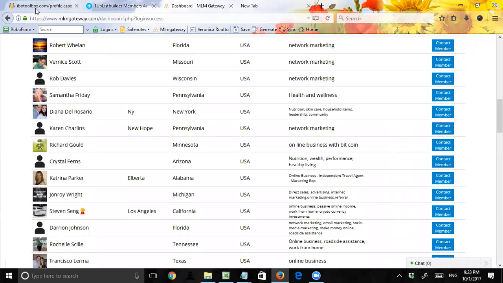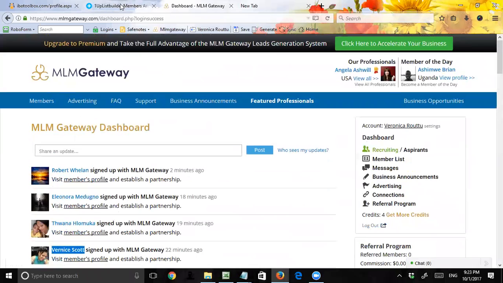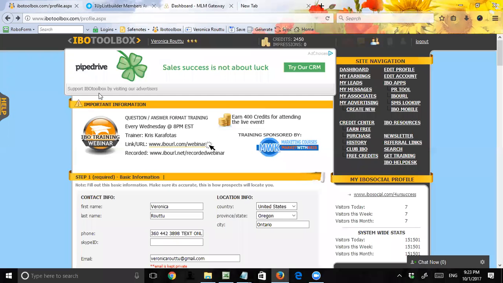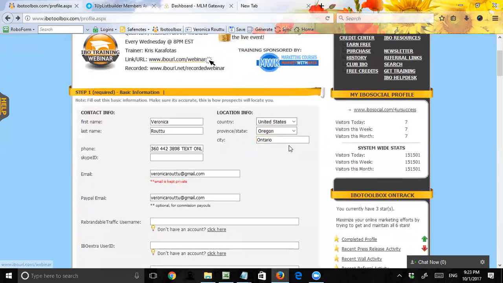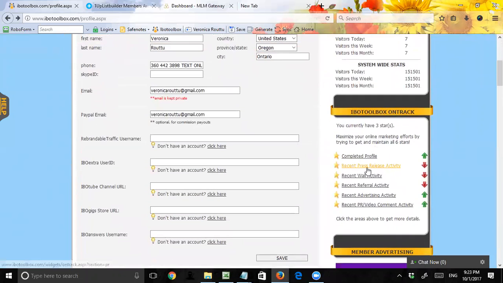The MLM rod, that is just, like I say, for $15 just to have the script thing, but there's way more in there than that. You do get that 100 leads when you start, even though I couldn't seem to find them, but I know if I really looked. But that's what happens when you get nervous and you don't have it figured out before you start your video. So anyway, I hope that you enjoy IBO Toolbox and that you can use that to